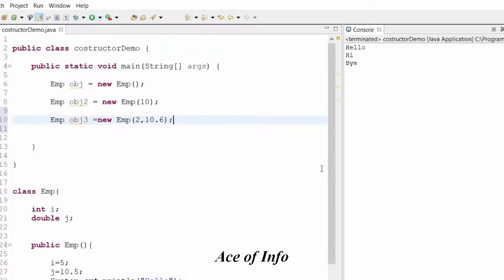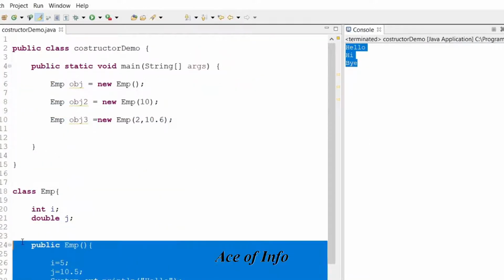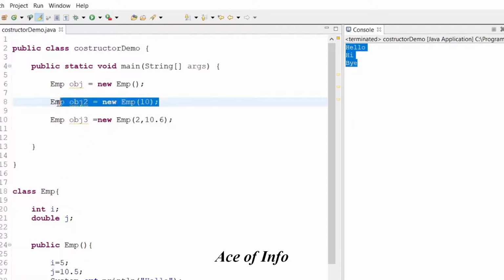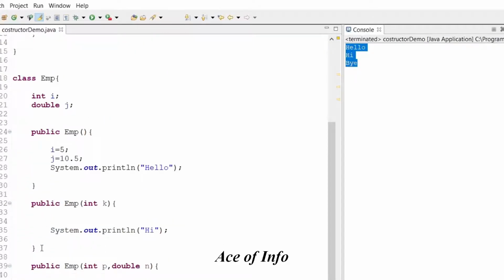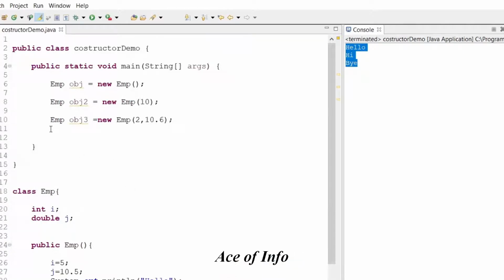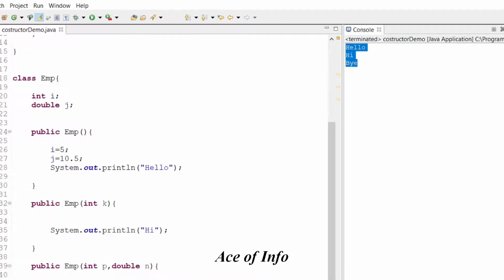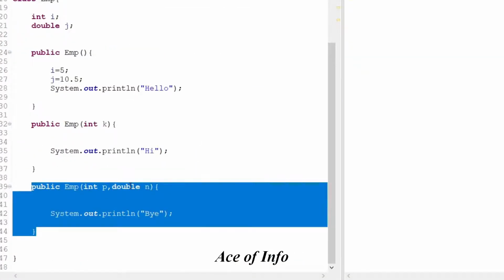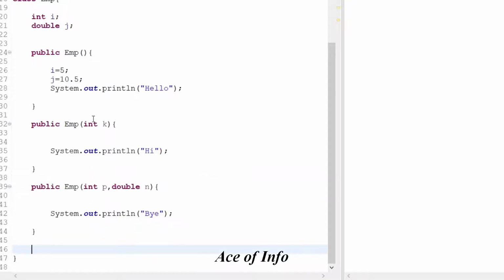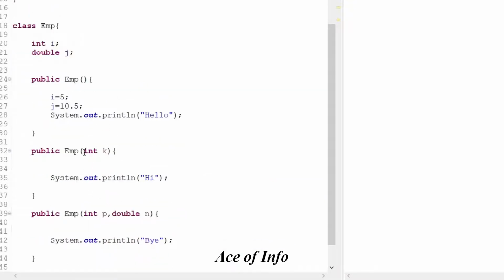And now if you run this, you can see 3 lines are printed. So with this obj, we execute this constructor, and with this obj2, we execute this constructor, and with this obj3, we execute this constructor. Now we have multiple constructors with different parameters.